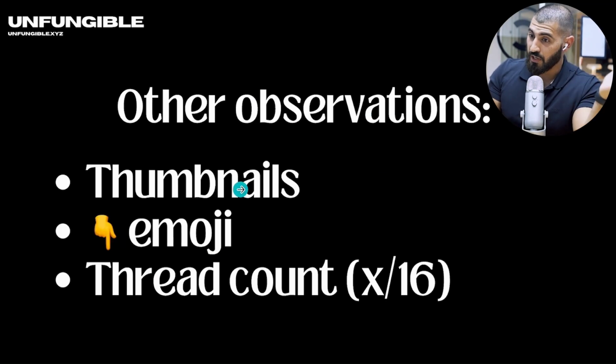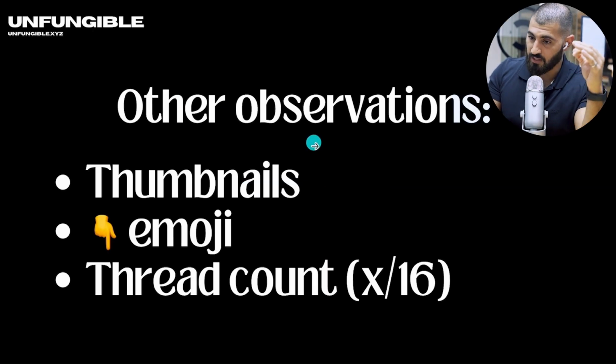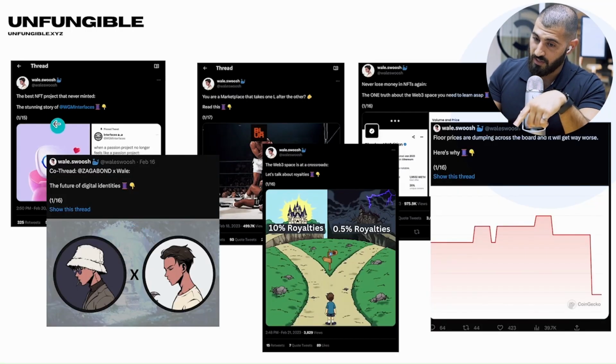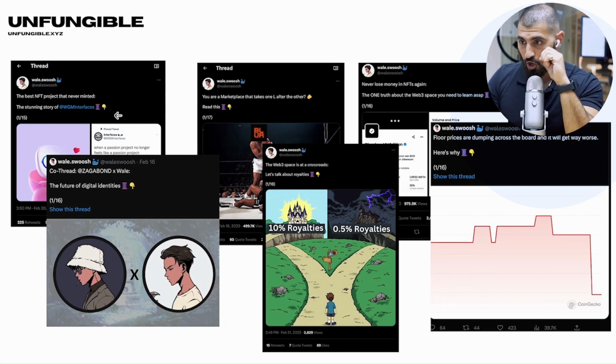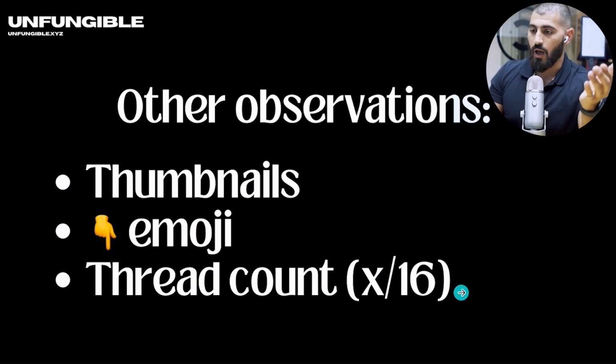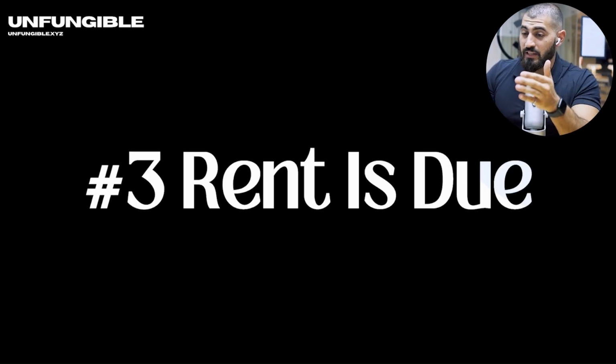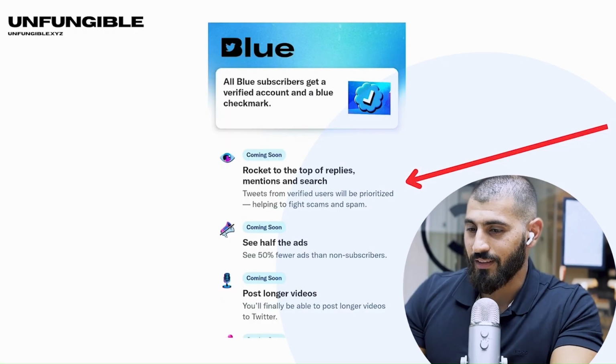A couple of other observations about threads. So thumbnails all of a sudden start to matter. Before, Twitter used to deboost whenever you had a GIF, an image, or a video on your tweet. Now, what we're starting to notice is some of the biggest players are actually starting to use thumbnails. And so now that means thumbnails are in. Number 2, something I noticed specifically about Whale Swoosh, always using the down emoji in yellow. It's kind of giving people a call to action. It's telling them to do something and it catches your attention. And then obviously thread count, about 16 total tweets. Make sense?